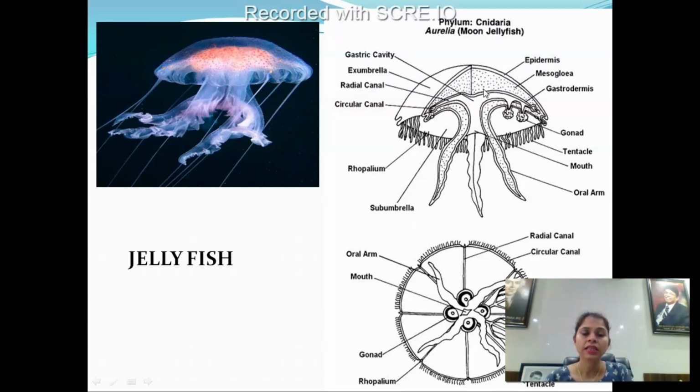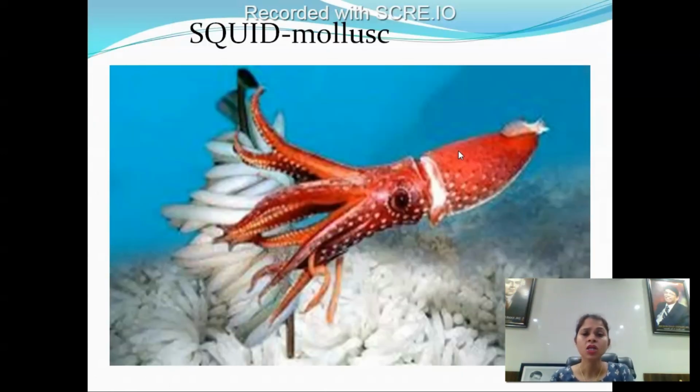And you see, there is not only the digestive system but a slight epidermis covering the whole system has started coming into existence. So we see a mouth along with an epidermis. So this is a squid, also called a soft octopus. It is coming from the mollusk category. These squids are really, really